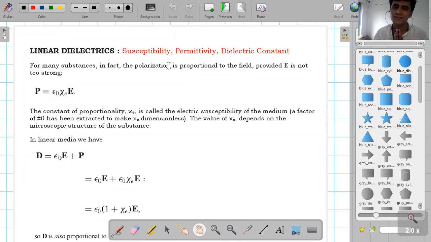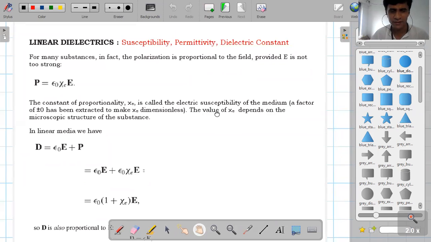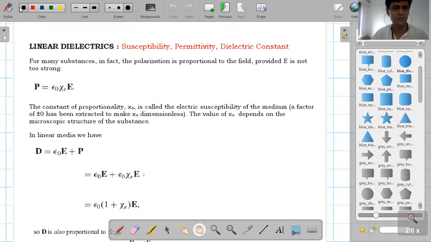We are considering only the insulator part, that is, the dielectric. In this case, what is the meaning of susceptibility? What is the notation for susceptibility? What is the permittivity? Dielectric constant. See, what is the relation between polarization and field? Polarization, denoted by capital P, is proportional to the field, provided that E is not too strong. In the exam I will ask what is the relation between polarization and electric field. So you should say directly proportional.